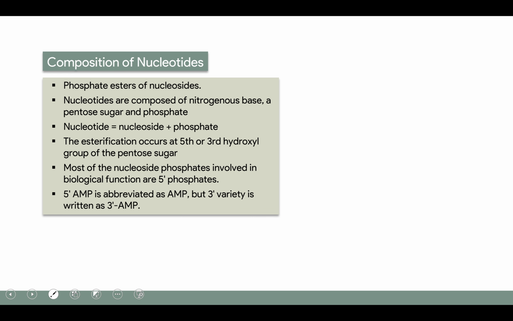Now, to form the nucleotide, the nucleoside combines with the phosphate group. Now, these phosphate groups which combine are basically